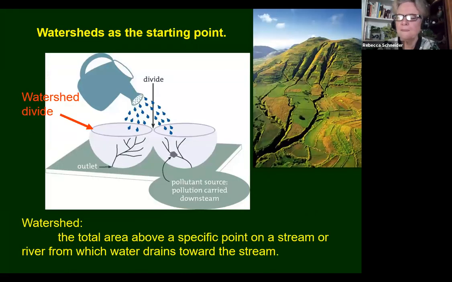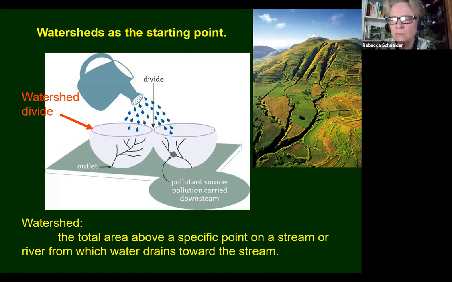Let's get started. So what is a watershed? A watershed I view as like the bowl. It's the bowl that all the rainfall falls in, and it runs down through the bowl and creates the stream channel network. The definition is the total area above a specific point on a stream or river from which water drains towards the stream. So I think of it as a bowl, and the lip of the bowl is the